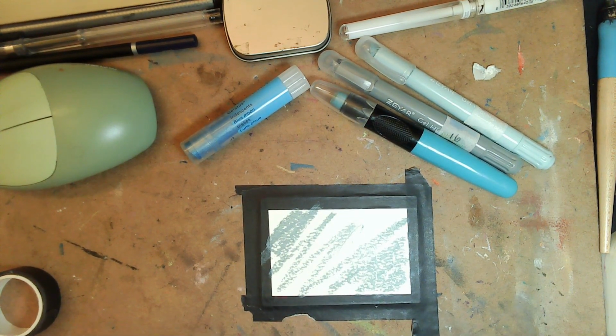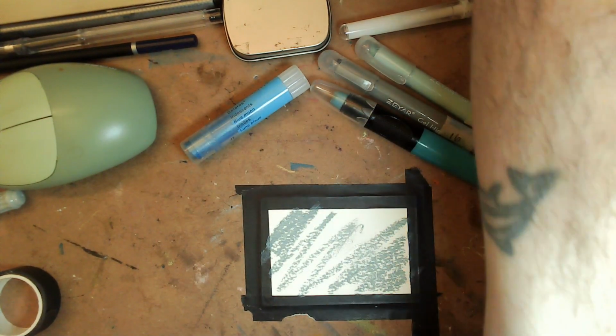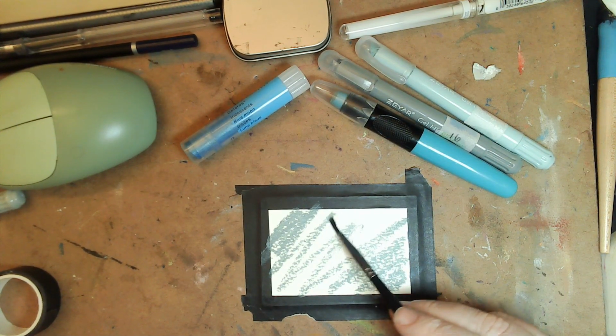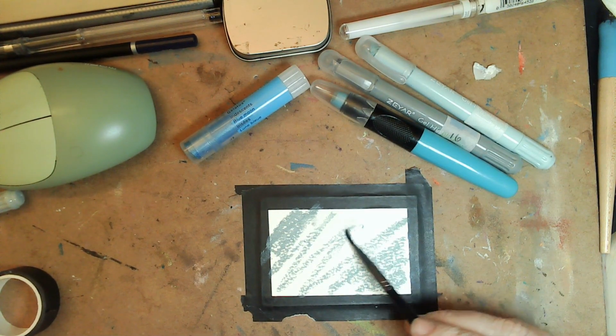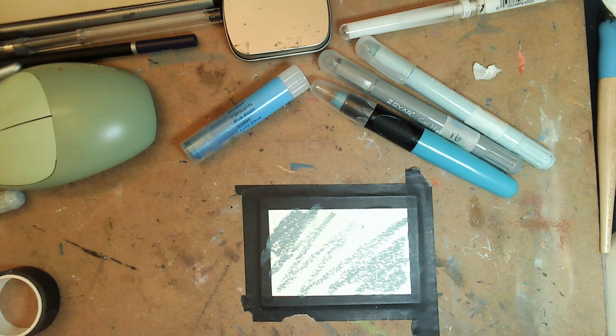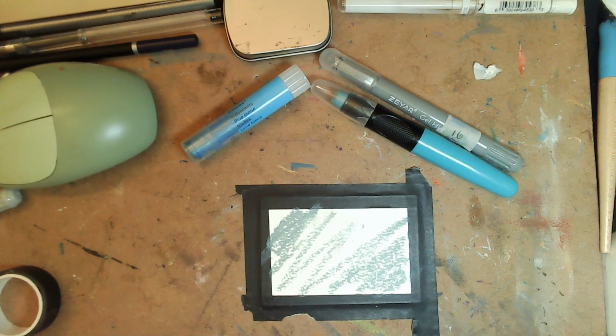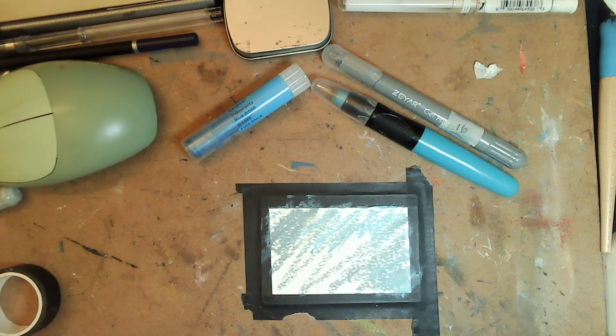Now, if you tried to put them on here, this is my issue with using them strictly for water. When you put them on here, you can indeed turn these into watercolor. They are water soluble, but you're always going to have the original mark. It's going to be in there. It doesn't go away very well. So what I have found is kind of an interesting way to use them is just go for complete coverage,